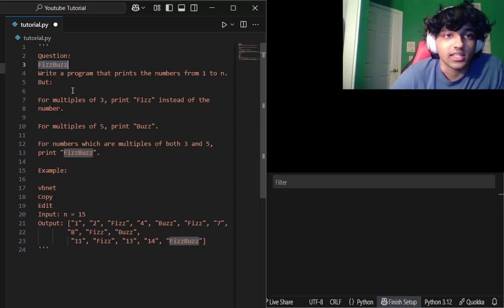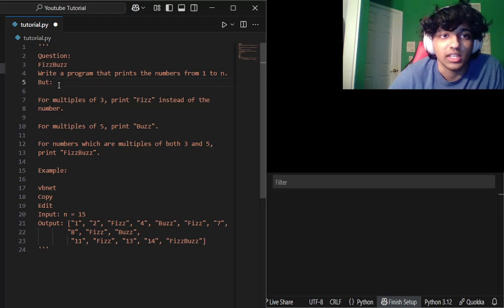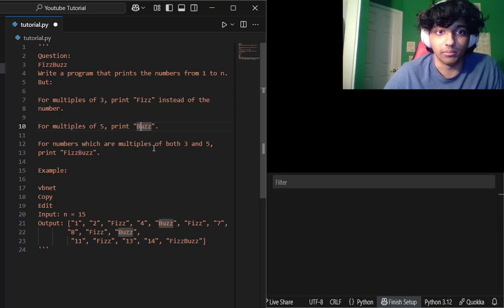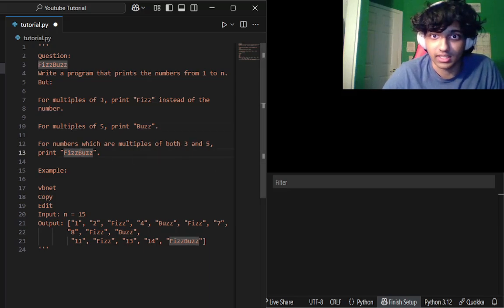The question is called FizzBuzz. Write a program that prints the numbers from 1 to n. But for multiples of 3, print the word fizz instead of the number. For multiples of 5, print buzz. For numbers which are multiples of both 3 and 5, print FizzBuzz. Alright? So,